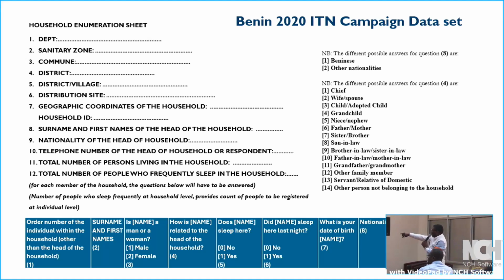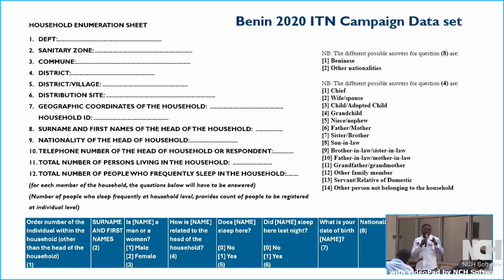Secondary data points now had 1, 2, 3, 4, 5, 6, 7, 8, 9, 10. 10 data points per individual in the household. So this means that we had a total of about 25 data parameters received for each member in the household. And the question is, how did you guys pull this through?